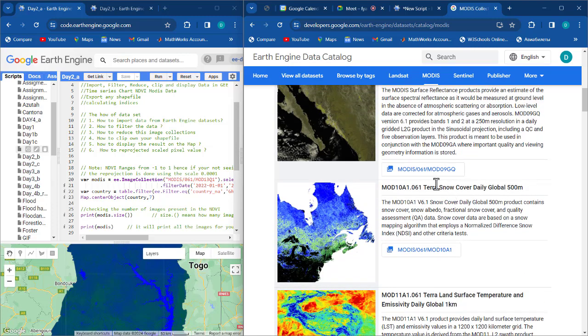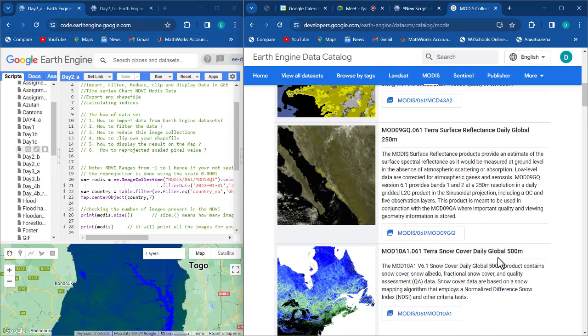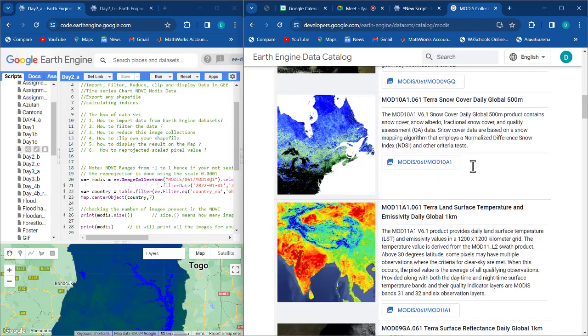If you want to get the snow rate of some area, you can just come here and get this data. This data contains a lot of satellite data of specific areas all over the world. So it depends on the work or the analysis you want to do. If it is about snow, if it is about surface reflection, if it is about